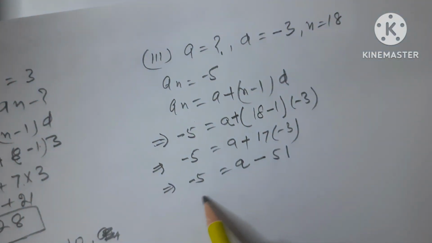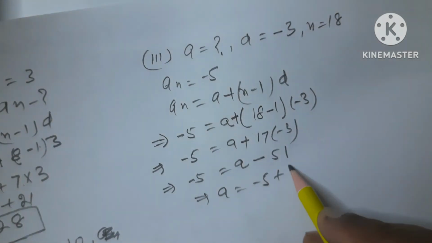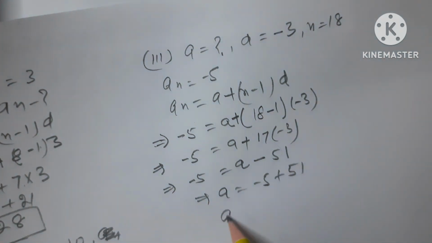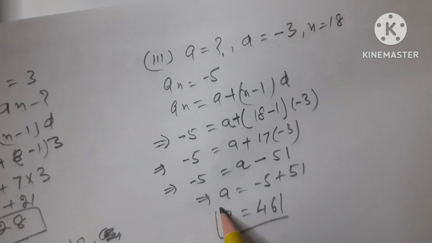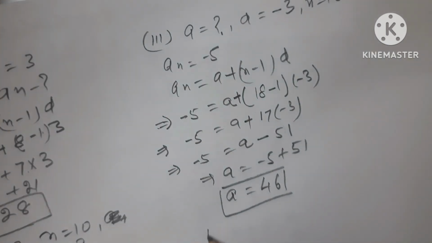Okay. That means a is equal to minus 5 plus 51. I'm shifting this to this side. A becomes 46. So this is the use of the formula. Fourth part,